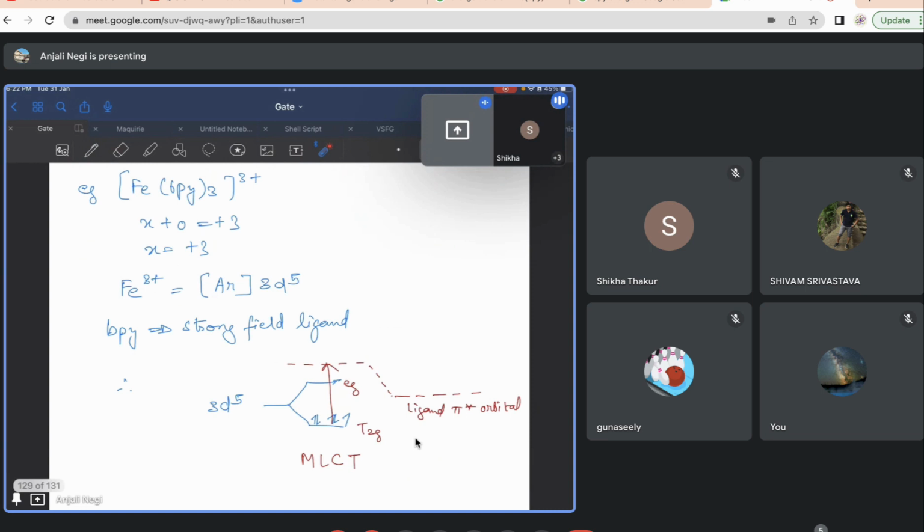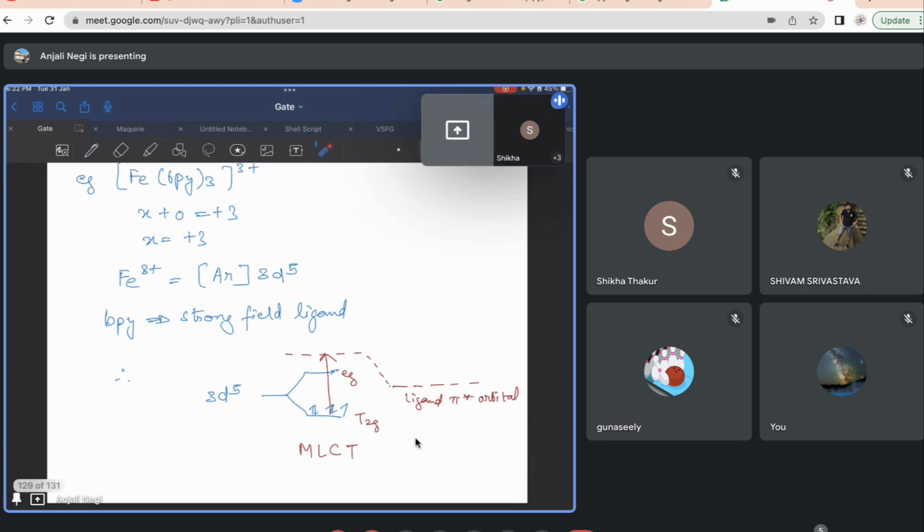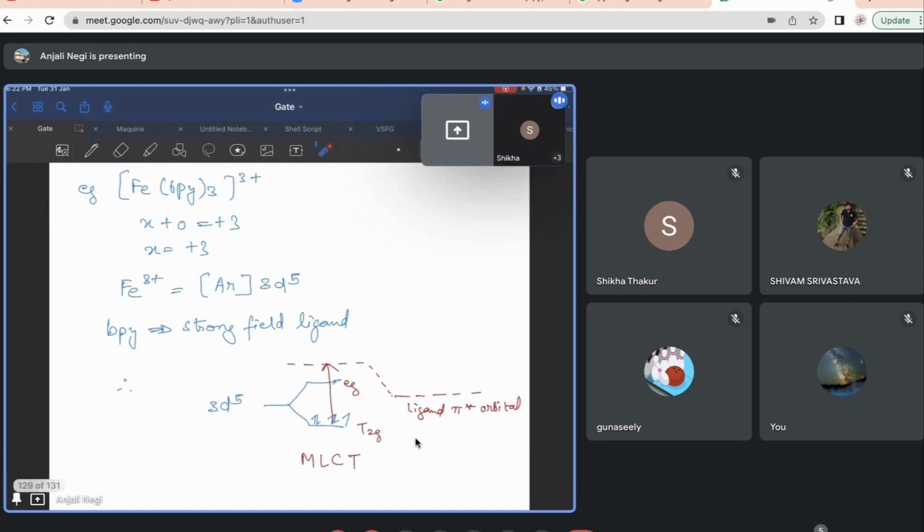Now bipyridine is a strong field ligand, and I have 3d5. When the splitting of the d orbitals happens, since it's an octahedral complex, in the octahedral field the splitting will happen